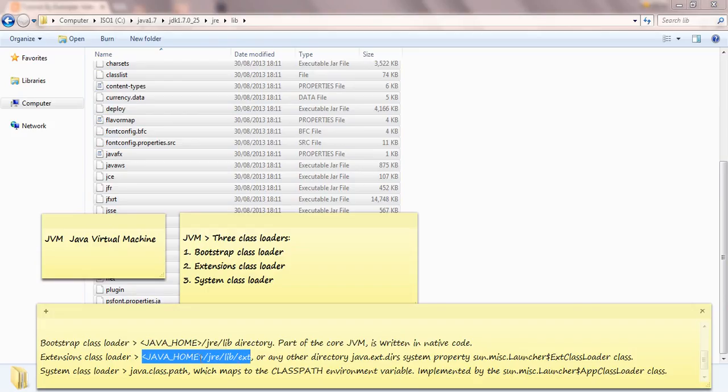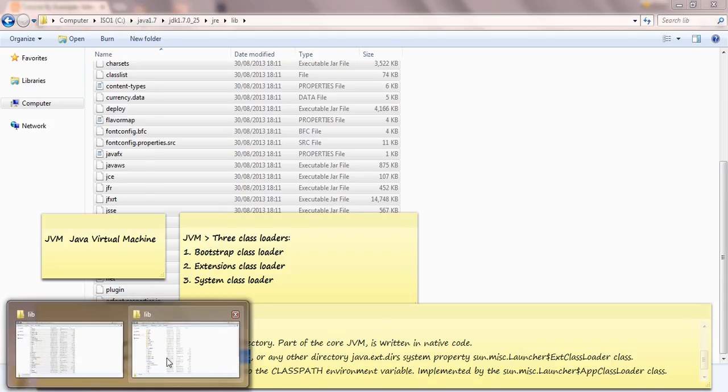Whatever library is inside JRE lib ext will be loaded with the help of the extension class loader, implemented by a launcher class named ExtClassLoader.